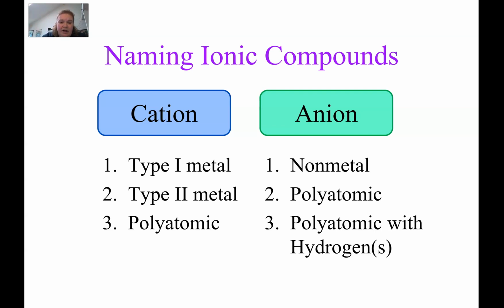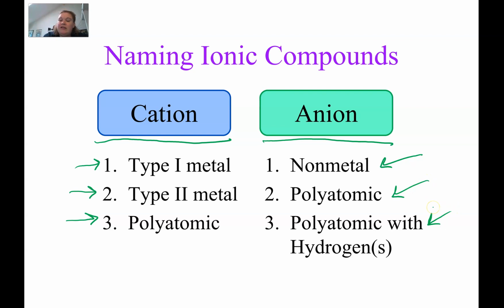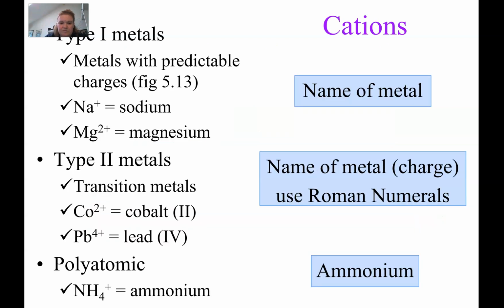When we name an ionic compound, just like in the formula, the cation gets listed first and the anion gets listed second. Now there are 3 types of cations: a type 1 metal, a type 2 metal, or a polyatomic. There's also 3 types of anions: a nonmetal, a polyatomic, or a polyatomic that has hydrogens added to it. So we're going to talk about each of the cation types and then each of the anion types, and then put them together. So starting with the cation types,